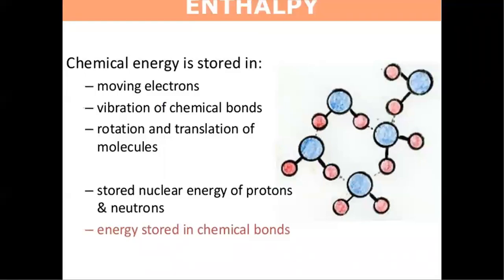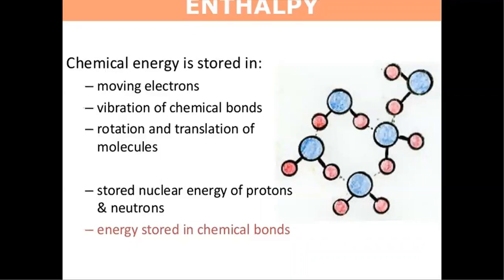The first term, enthalpy, is a very important term in thermodynamics. Enthalpy explains the chemical energy. Here, energy follows the first law of thermodynamics, that is, energy is neither created nor destroyed. The energy is converted from one form to another. Chemical energy is sometimes converted into thermal energy, and thermal energy is converted into chemical energy.